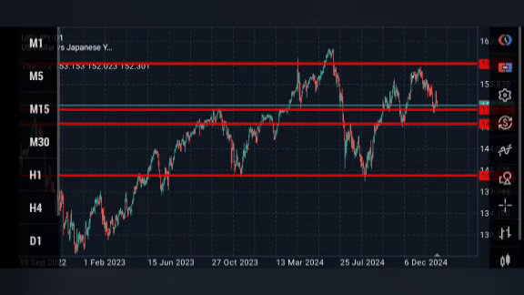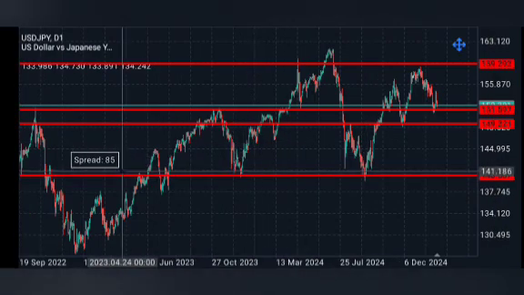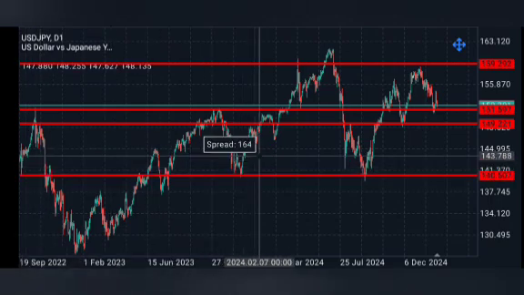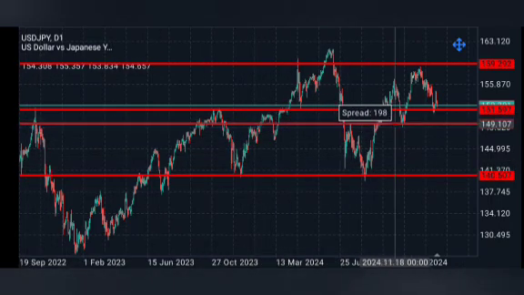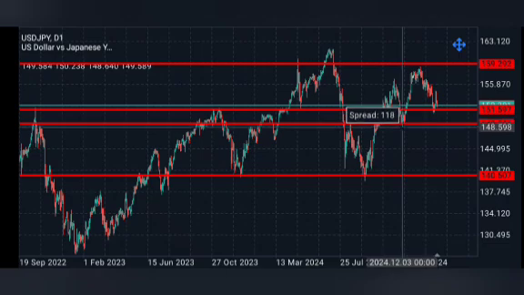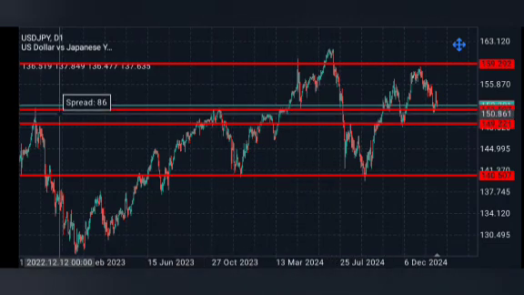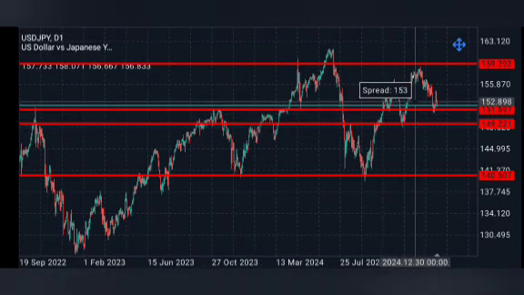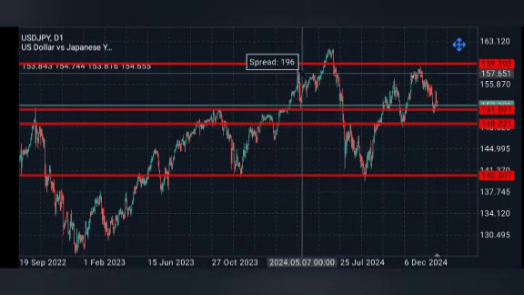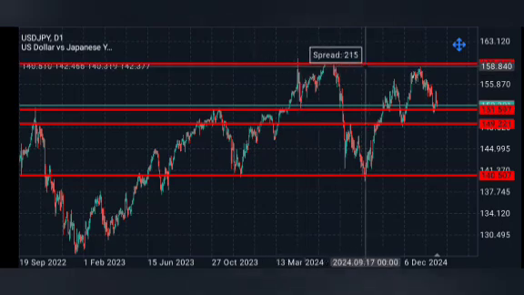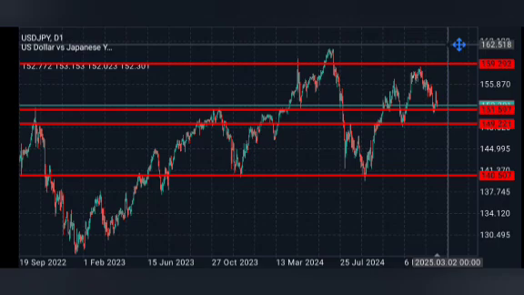So I've actually drawn everything out. This is tested here. Couple of tests here. There is this also that is used as resistance here, used as support in this place. There is this one also used as resistance, here, resistance, support. And at the top here, there is also resistance here. So it looks like it's forming an inverse head and shoulders pattern.